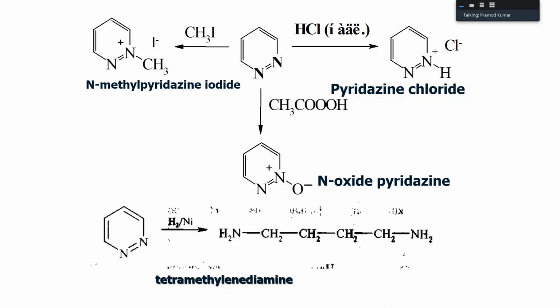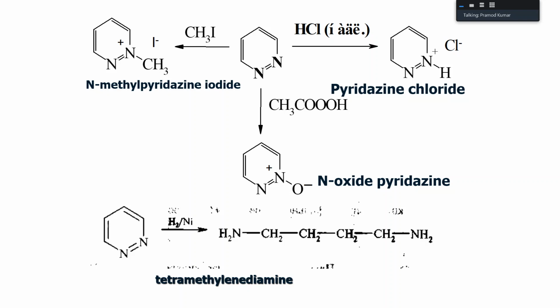Moreover, it undergoes reduction. So when you reduce pyridazine with sodium and hydrogen, it will undergo ring breakage. Okay, lysis of the ring will take place. You get tetramethylene diamine. This is a very important intermediate for the preparation of your